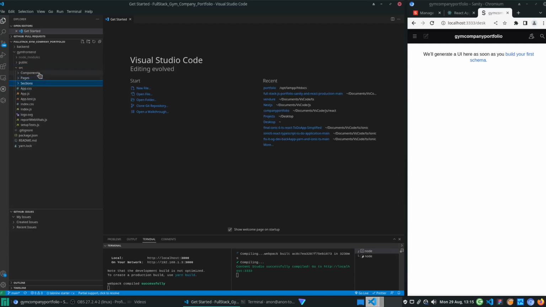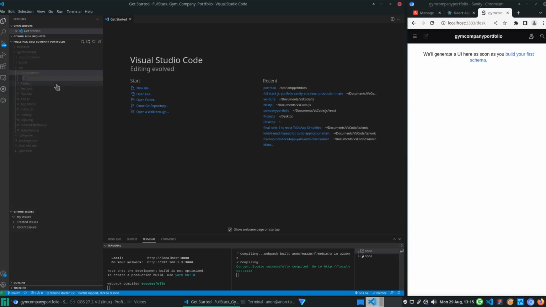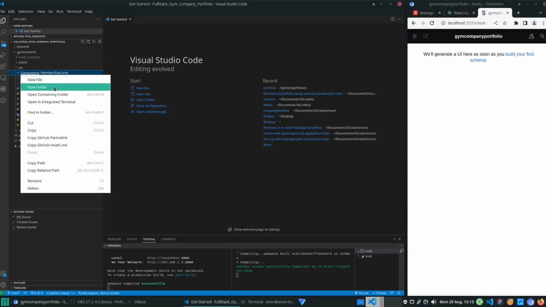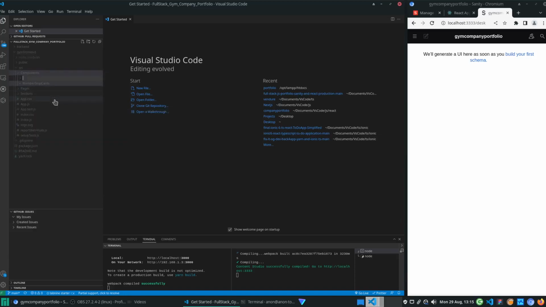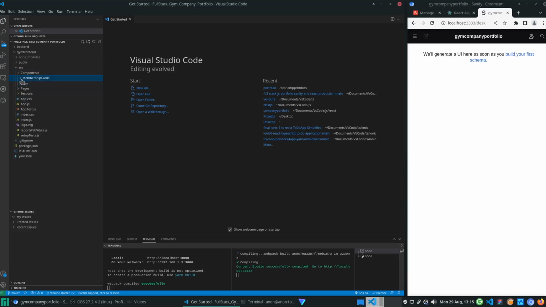All right, in the components, we're going to be creating a new folder. All right, and inside that new folder, we're going to call it membership cards. Another new folder, and we're going to call it nav. Another new folder. And actually, let's create just the files themselves. So membership cards